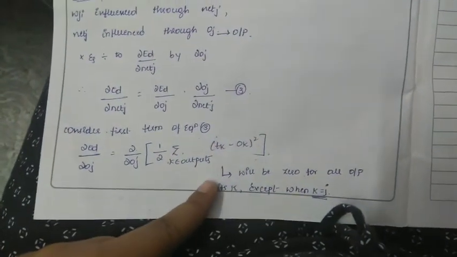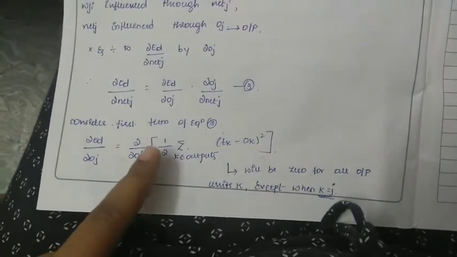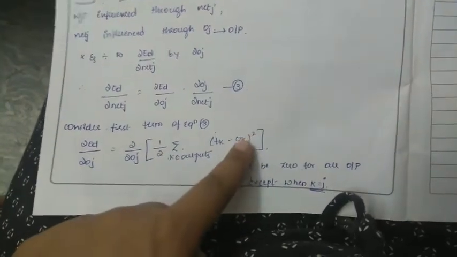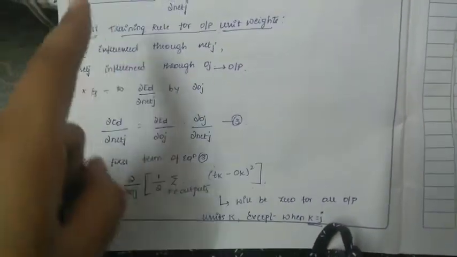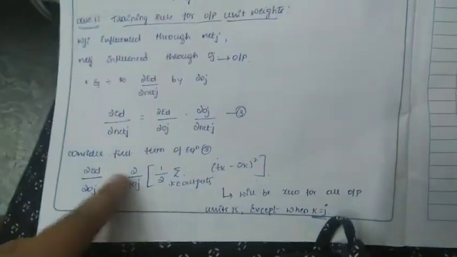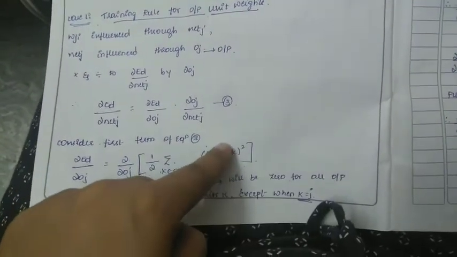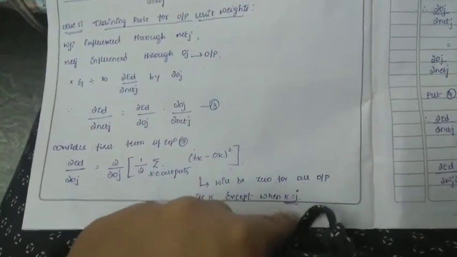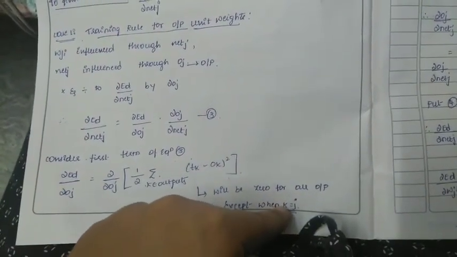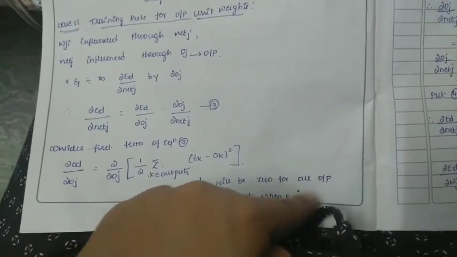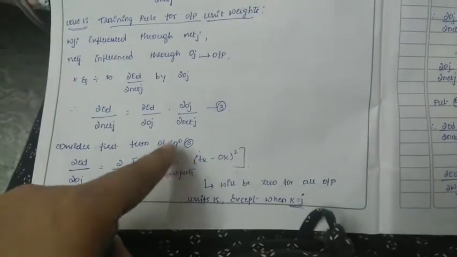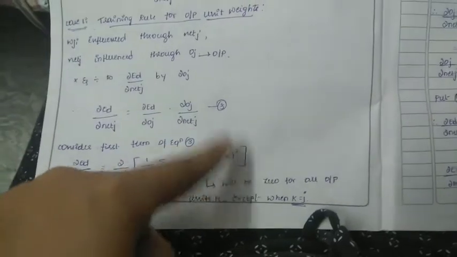So we know that differentiation is performed with respect to a variable J, that is a hidden layer, where K is an output unit here. So what is the case I have considered here? I have considered J to be an output unit. So this equation will be 0 for all the values except J equal to K. So when J is equal to K, where K is an output and J is a hidden layer, when J is considered as an output layer, at that time this differentiation is going to perform.